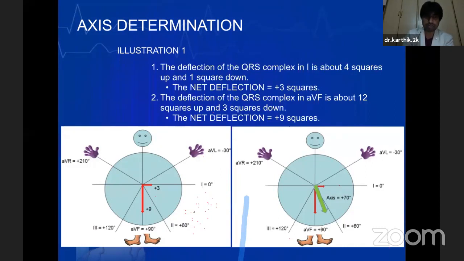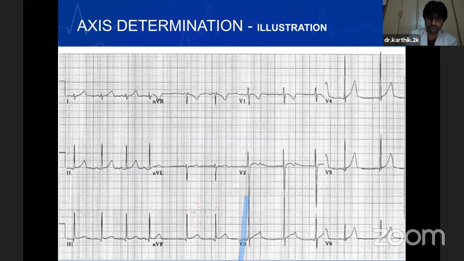So this is a mere practical approach, more time consuming. In day-to-day clinical practice, it may be difficult, but this technique can be accurately employed for all the research purposes. So you have some of the illustrations. If you want, you can use them and try these. Many of these are available on the internet. So you can download and you can use some of these techniques to learn the axis determination. It's quite interesting and fun too.